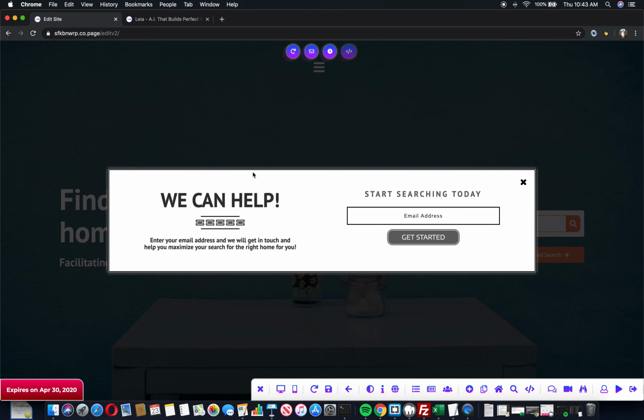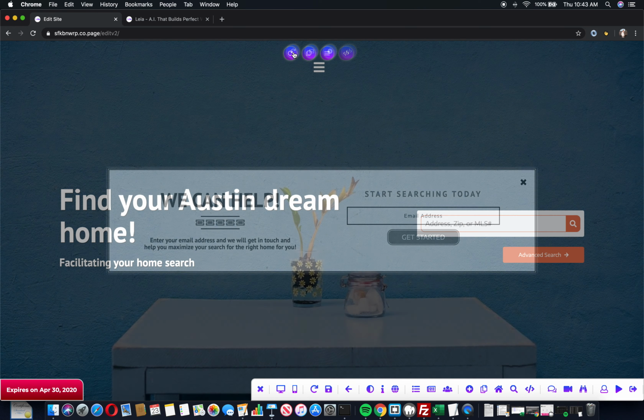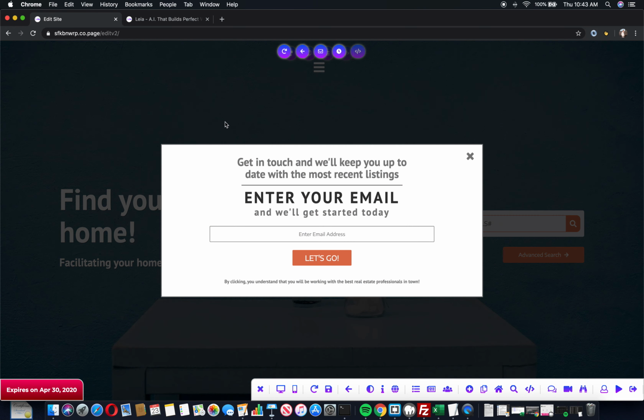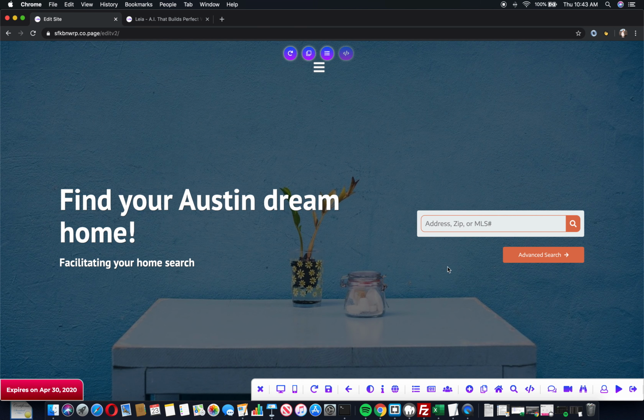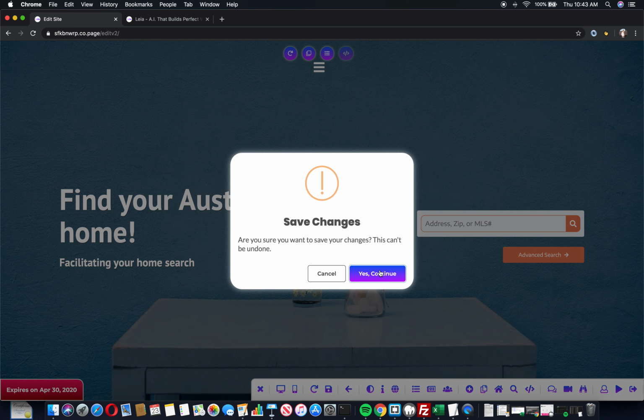Okay, so let's save that. And then let's say we don't like the way that this newsletter looks. Just like any other section on our page, we can click redesign structure and see a different kind of newsletter. All right, so let's say we like that one. We're going to close it. And then again, just like any other change we make to our page, we have to click Save Changes in order to see it